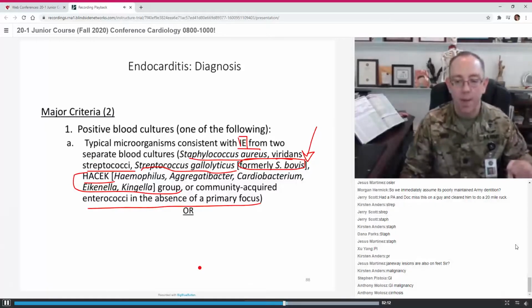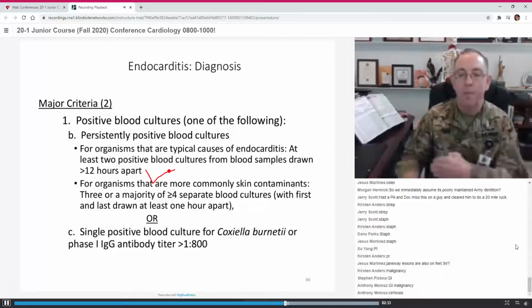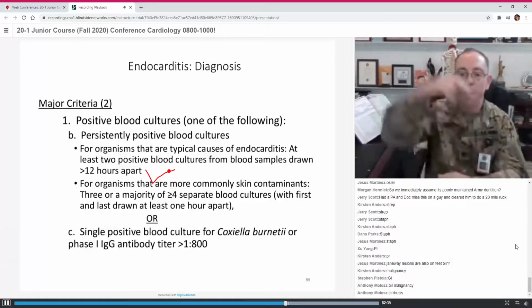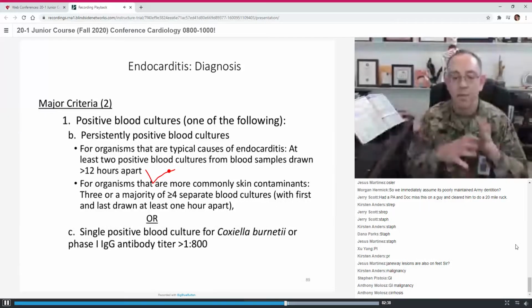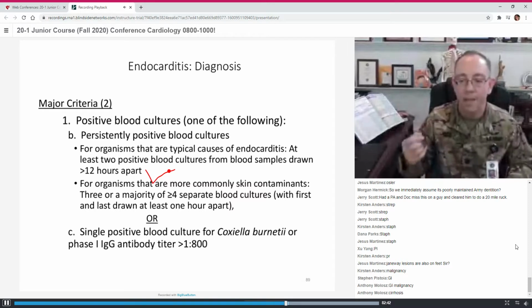Okay, that's one major. The other major, as we look at it, is persistent positive blood cultures, right? One of the following. For organisms that are typically causes of endocarditis, at least 2 blood cultures drawn 12 hours apart. So we confirm I got staph at 8 o'clock in the morning, 12 hours later, I got staph again. So then that confirms it. We're done. For organisms that are more common skin contaminants,